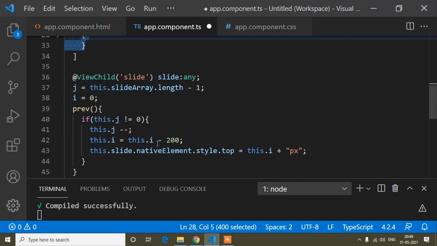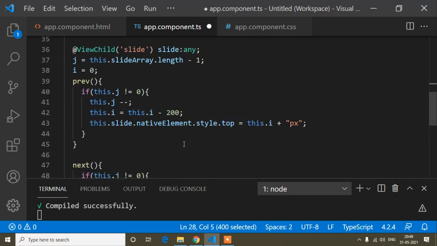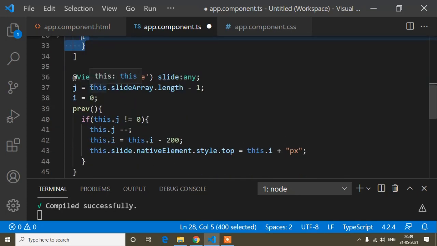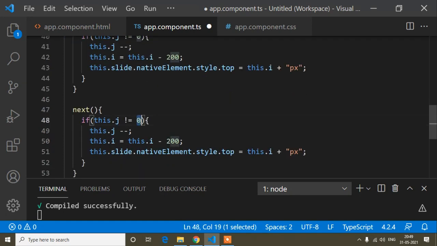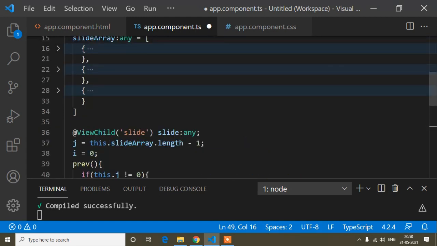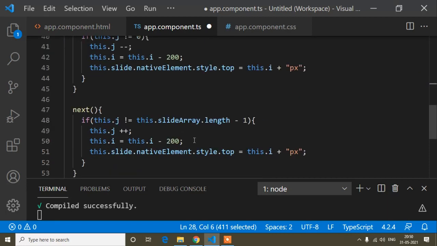But when I click this next button, it has to be set so that when it does not reach length minus 1, it will just slide. So this.length minus 1, and here I will write j plus plus, because it comes when I click the next button, going from top to bottom.